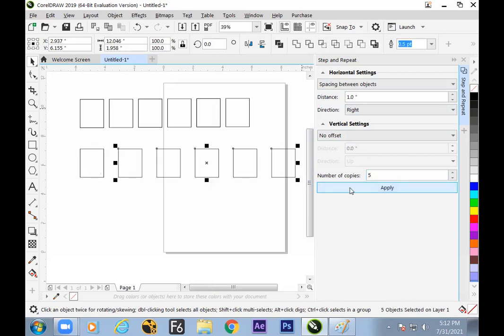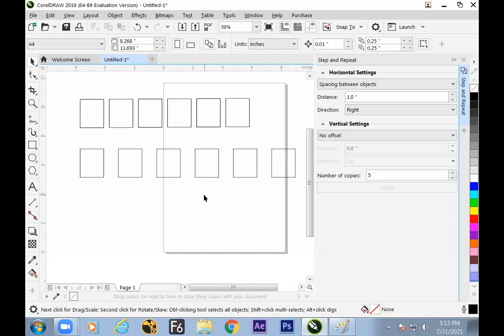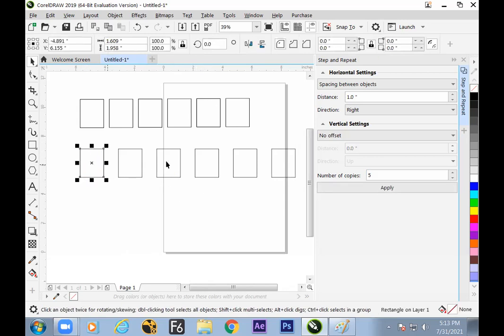So I hope we have understood how we can make the second object 1 inch distance from each other on the right side. Is it clear? Is it okay? Now the same we can do for the downside. Rather than right, we can go for left, or else up and down is there. Here the next command is up and down, horizontal and vertical.